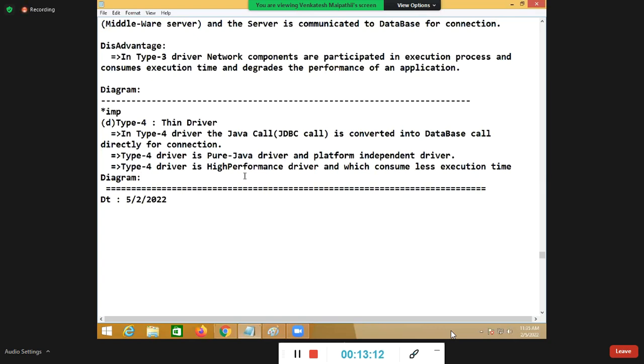The root of java.sql is Connection. How do you create an object for Connection? One method supports creating the object, and that method is known as a factory method. The getConnection method is a static method available in DriverManager, so DriverManager.getConnection. That is JDBC. When you go for Spring and